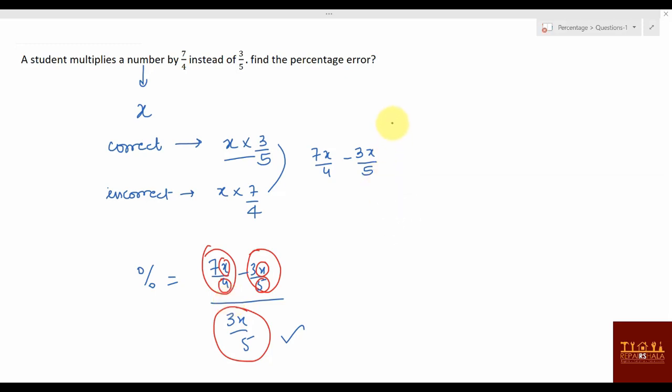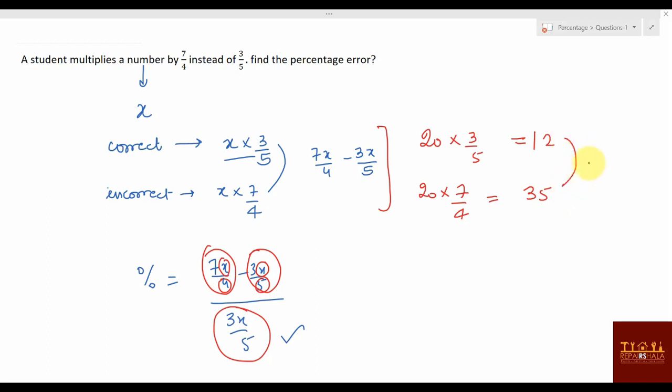Now, what I'm going to do is take x as a number which is divisible by 5 and 4 both. What will be that number? LCM of 5 and 4, that is 20. Suppose the number is 20. So 20 into 3 by 5 and 20 into 7 by 4. So how much will it be? Sorry, 12. So 5 4s are 12 and this is 4 5s are 35.